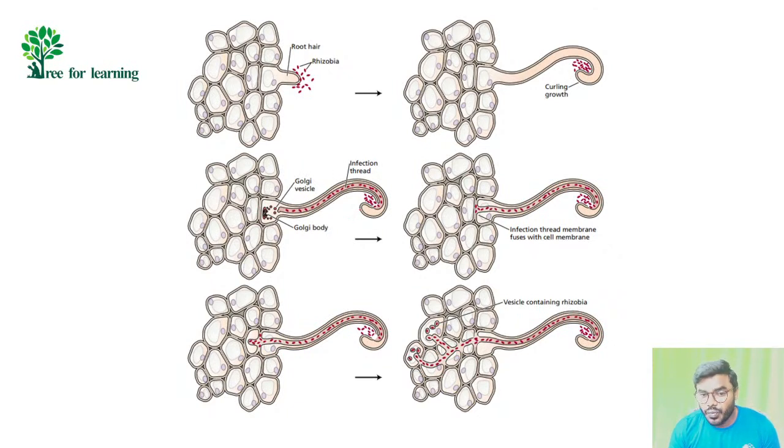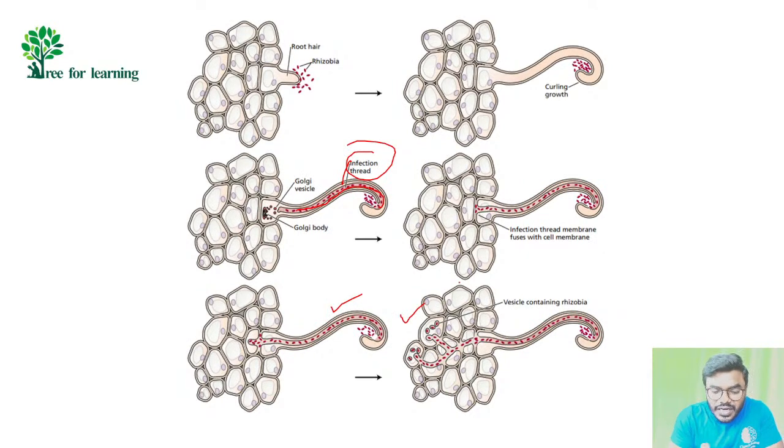Now friends, whenever bacteria are entering inside, look into the picture, bacteria continuously enter inside. This is called the infection thread. Every student listen to my statements correctly. Whenever bacteria travel inside the root, bacteria undergo rapid division continuously.